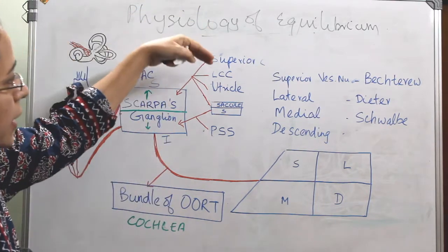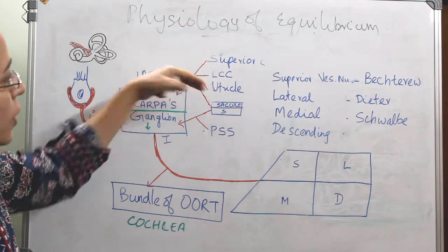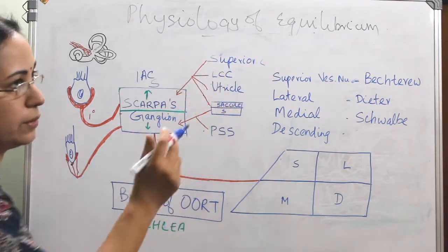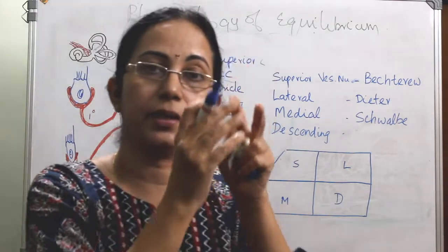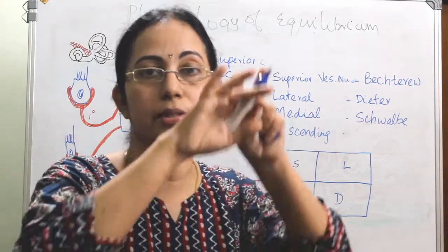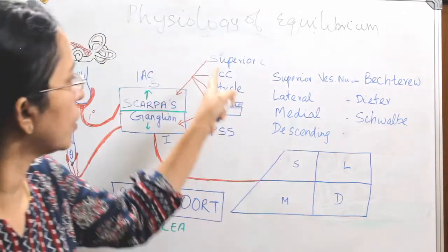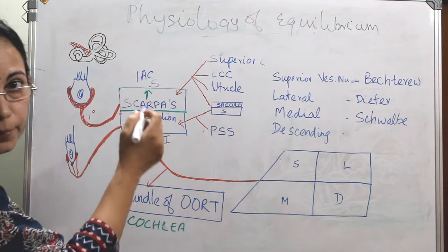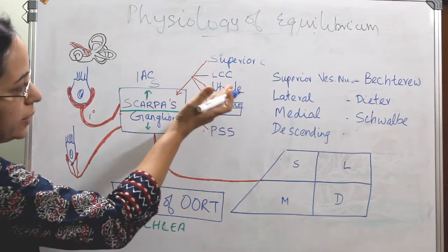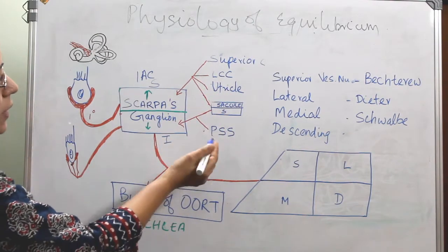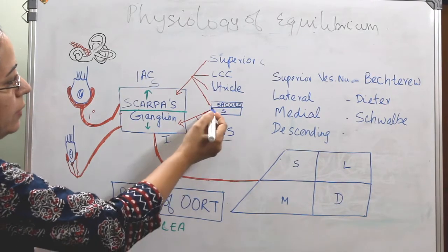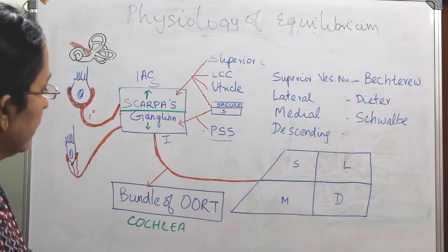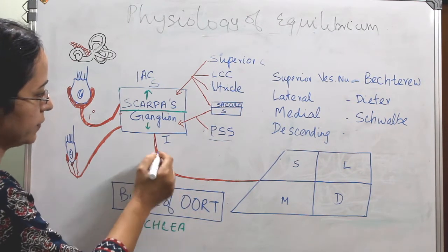So the superior, lateral, utricle and a small part of the saccule, all these are very good friends. The ampullated ends of the superior and lateral canals and also the utricle are nearby. So all these fibers along with a small portion of the saccule will go to the superior part of Scarpa's ganglion, and the rest of the saccular macula as well as the posterior semicircular canal will go to the inferior portion of the Scarpa's ganglion. And from there, these fibers